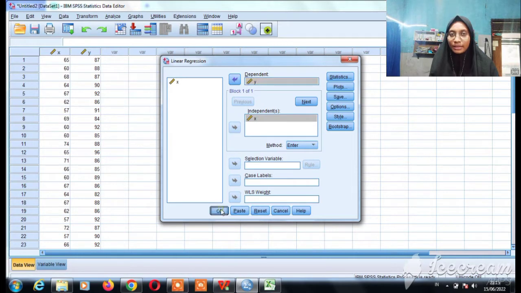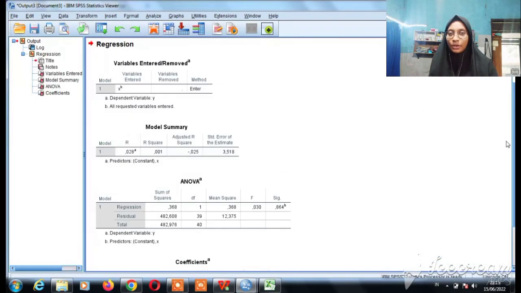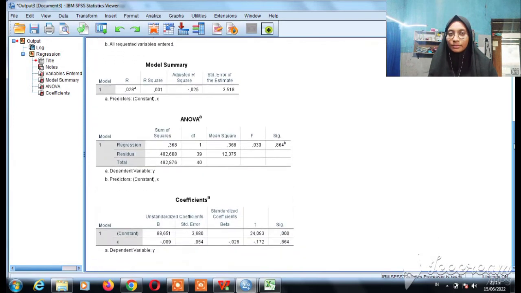Then a display like the existing display will appear. So here we can conclude that the ANOVA table is the result of the F-test, and the coefficients are the result of the t-test data, which we can see that the significant t value is 0.864, which means that the data is significant.